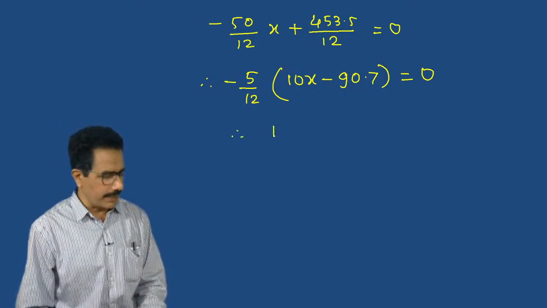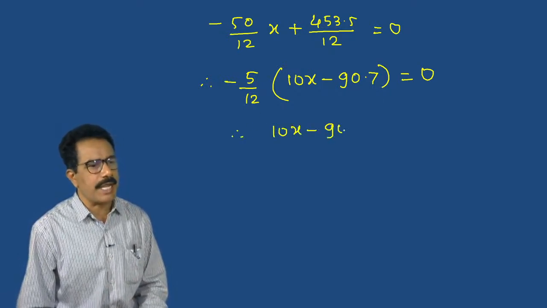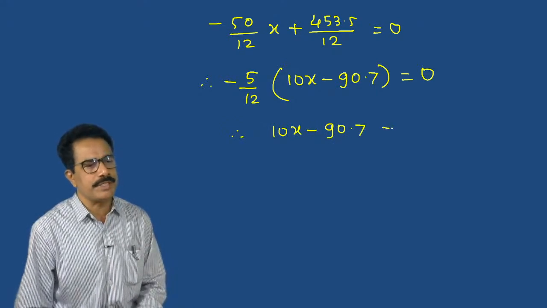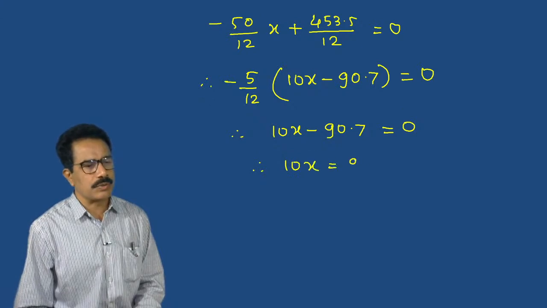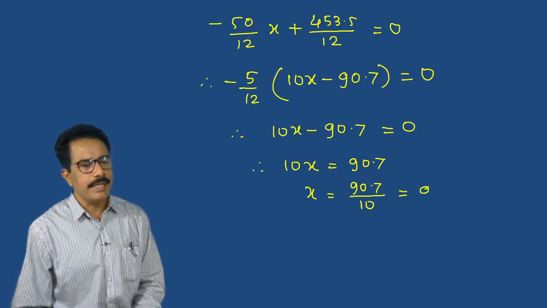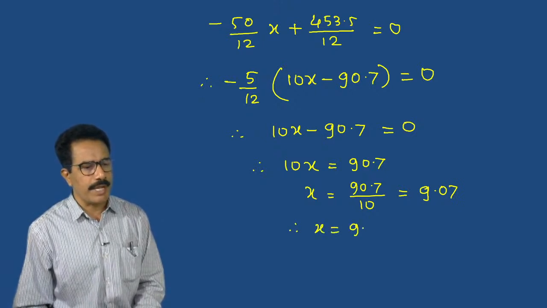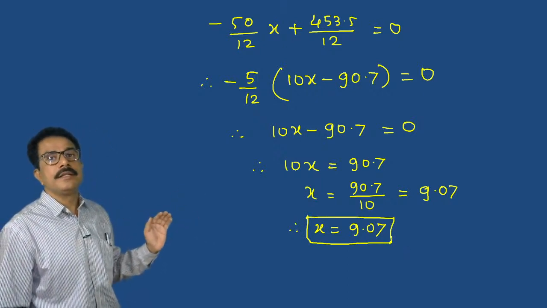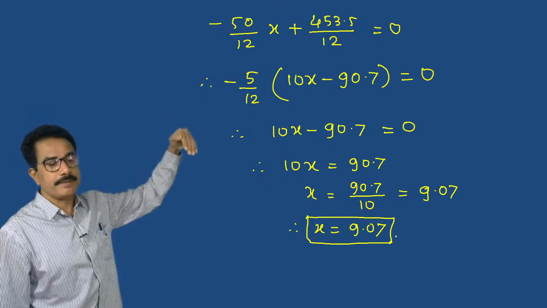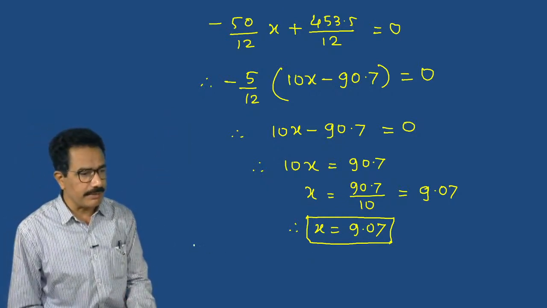So therefore we can write 10x minus 90.7 is equal to 0. So it will be 10x is equal to 90.7, x is equal to 90.7 divided by 10, which will be 9.07. Therefore x is equal to 9.07. Means at this point the function will be maximum. Now by the second order derivative,